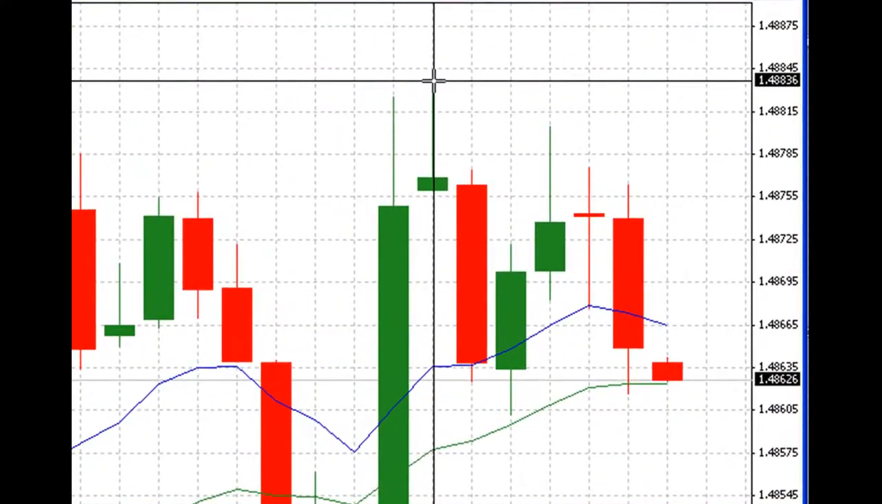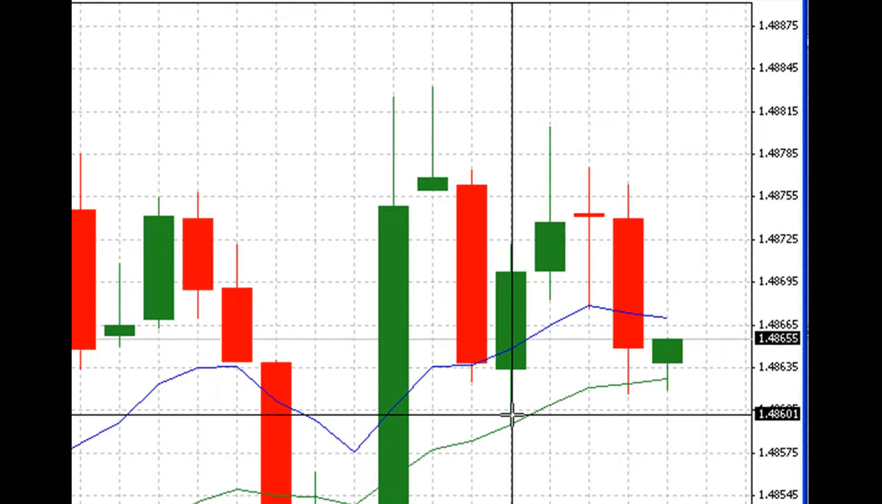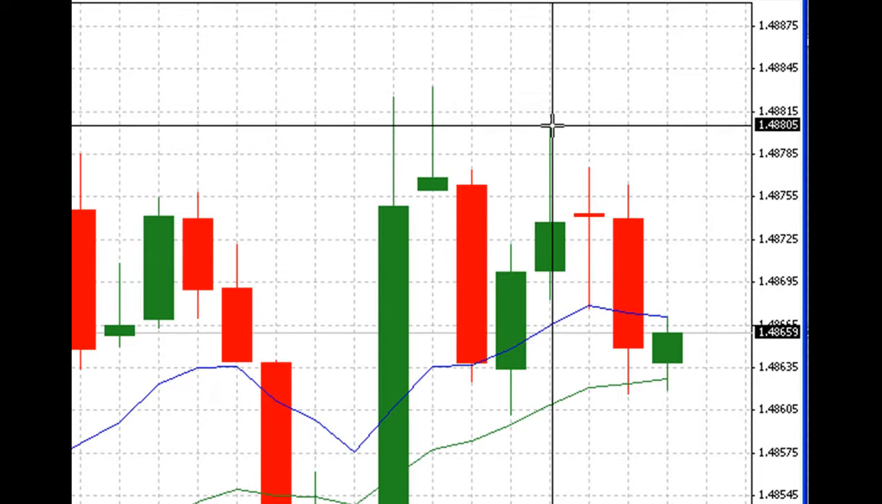So we've got the A point here at 1.4883. We've got the B point at 1.4860. We've got the C point at 1.4880. And based on those numbers, we've got a difference in pips between point A and point B of 23 pips. Therefore, point D is 23 pips lower than point C. So if point C is at 1.4880, we have point D at